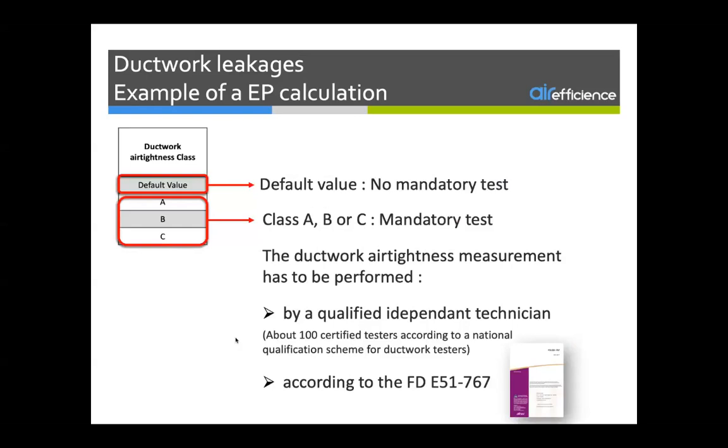If you use class A, class B, or class C, the result is more efficient, but there is a mandatory test to justify class A, class B, or class C. Then the ductwork airtightness measurement has to be performed by a qualified independent technician. Today, at this stage, there are about 100 certified testers according to a national qualification scheme for ductwork tester, and